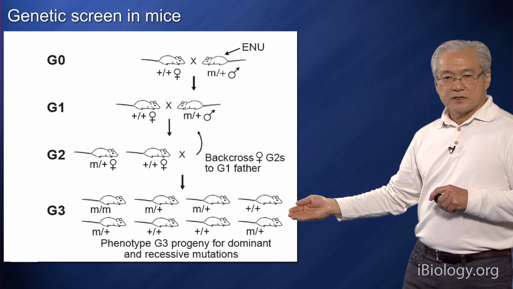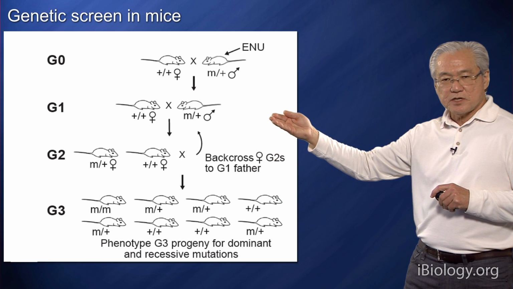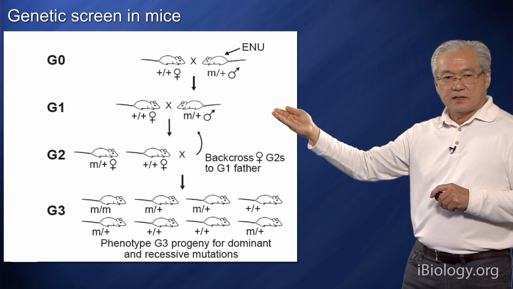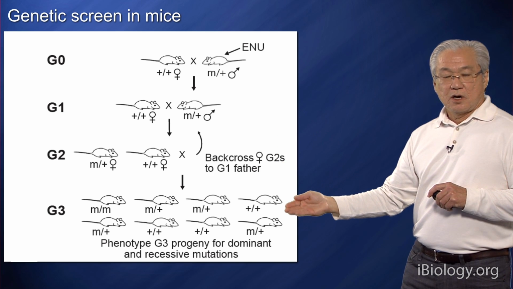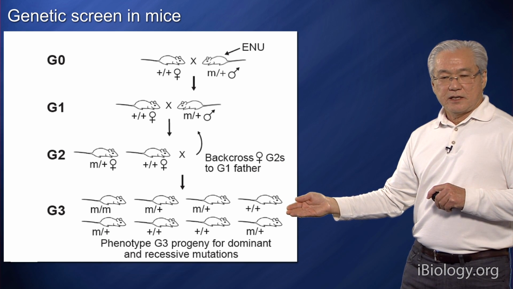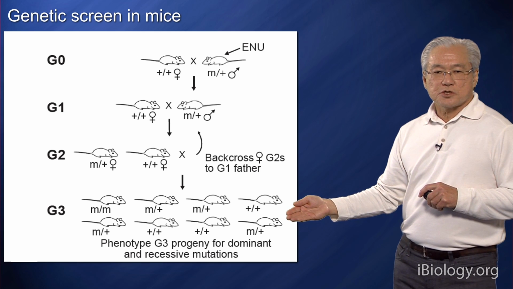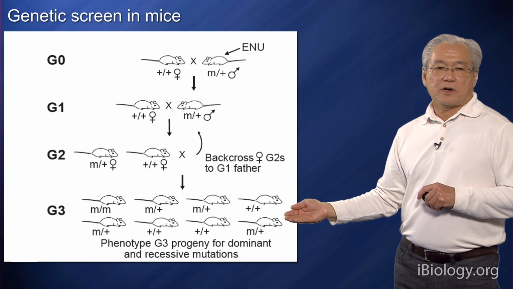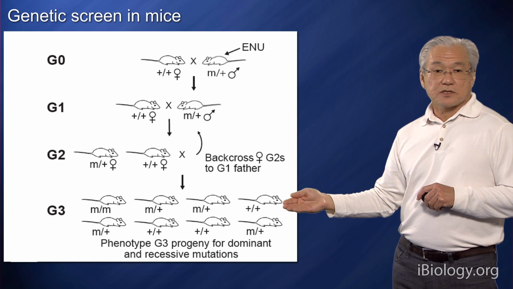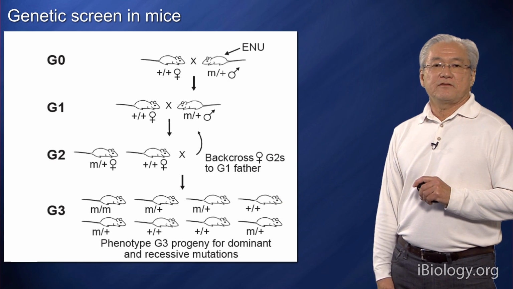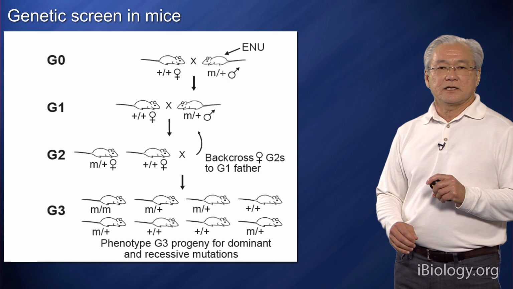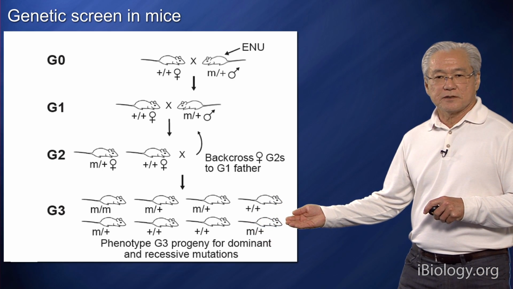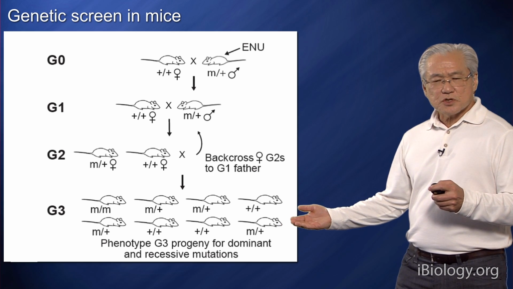And the reason we do this is to make any mutation that was heterozygous or single copy in the G1 mouse homozygous. And in this particular procedure, we try to screen about 20 G3 progeny for each G1 mouse. That gives us about an 85% chance of detecting a homozygous mutant mouse in the G3 generation. So in this kind of screen,